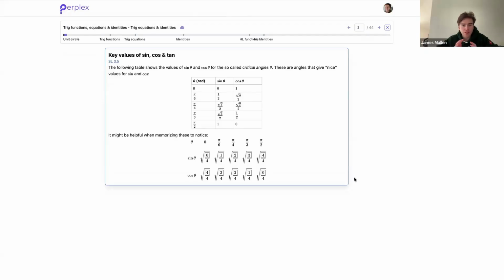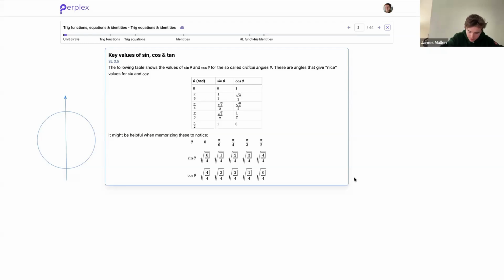But for today, I'm just going to assume that we've done that, and we know the following sine and cosine values. And this is for theta in radians, by the way. Most of the time we'll be doing trig with radians, but not exclusively. So if I have 0 radians, maybe I'll draw a circle next to this so we can understand these values as I'm saying them. If I have a unit circle,